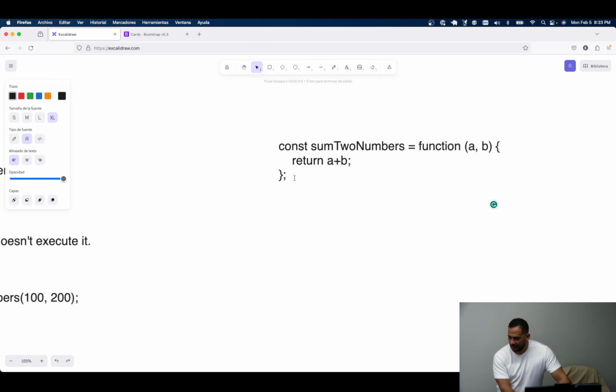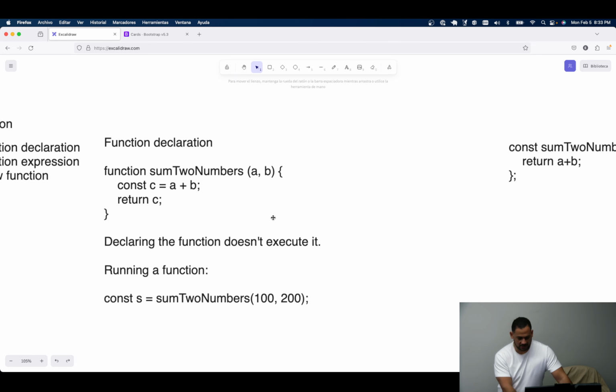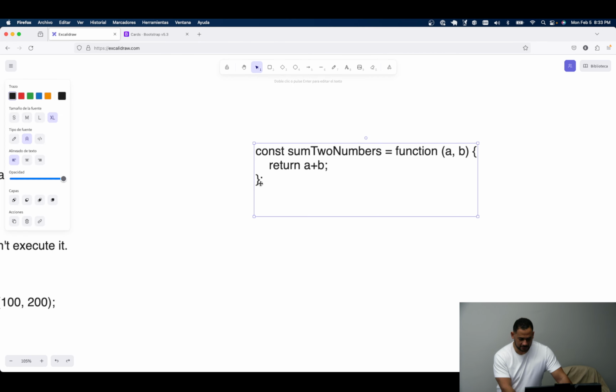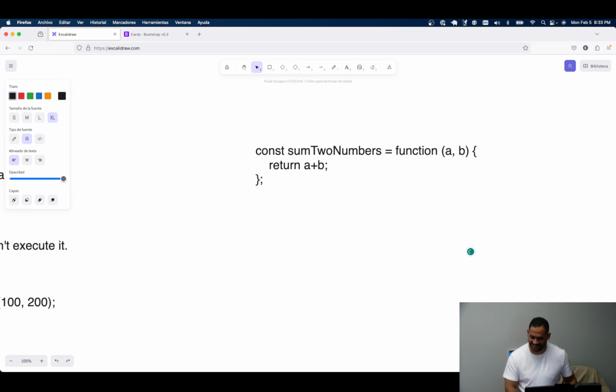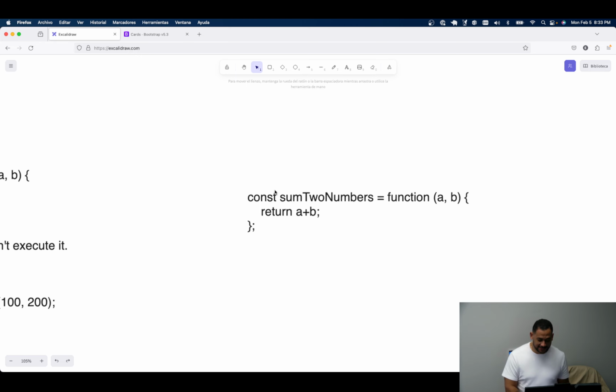But notice that here I put a semicolon at the end because this is still an expression, right? So whenever the function ends, I put a semicolon there. In the function declaration, you don't need to put a semicolon at the end of the function, right? It's not needed. It's a declaration. Let me ask, can you call that function anywhere or not? You were reading the lesson because that's the difference. That's the difference between those two. No, it's fine. But yeah, there should be some difference between these two, right? And the difference is,